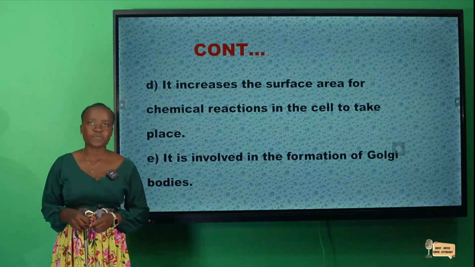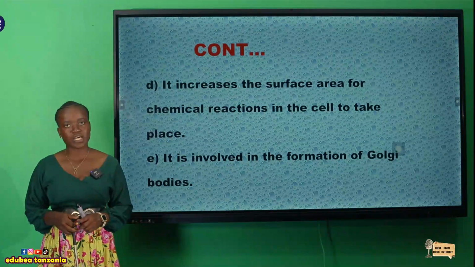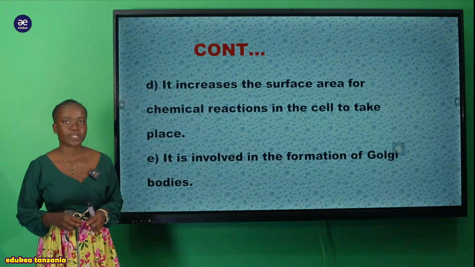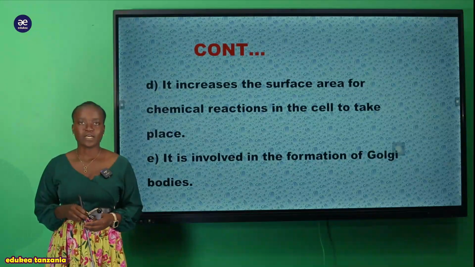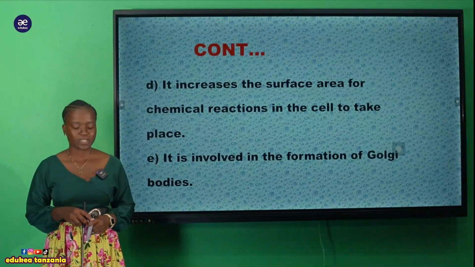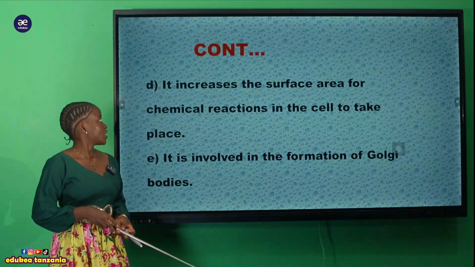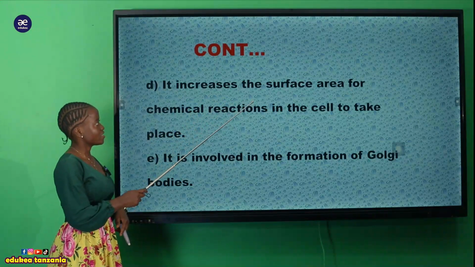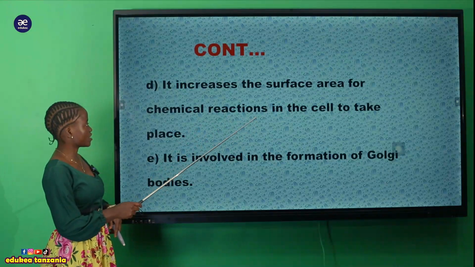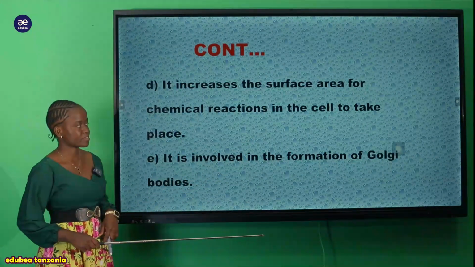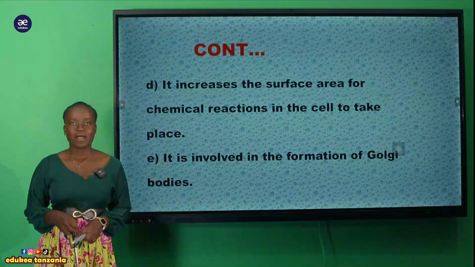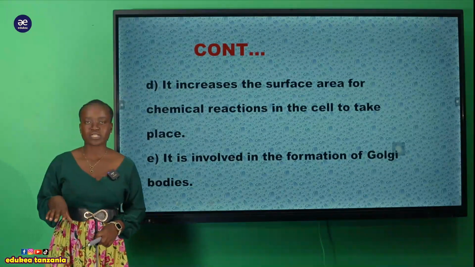Okay, so now let's proceed looking at our structure, that is the smooth endoplasmic reticulum. We are going to clarify the functions of the smooth endoplasmic reticulum. Another function here, we can say that it increases the surface area for chemical reactions in the cells to take place. Remember, the function of this is it increases surface area, whereby different kinds of chemical reactions are taking place